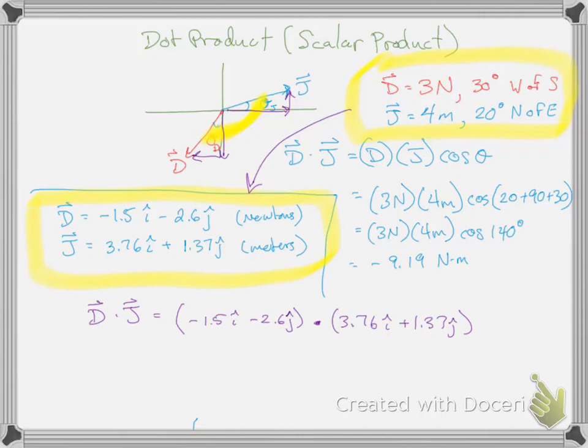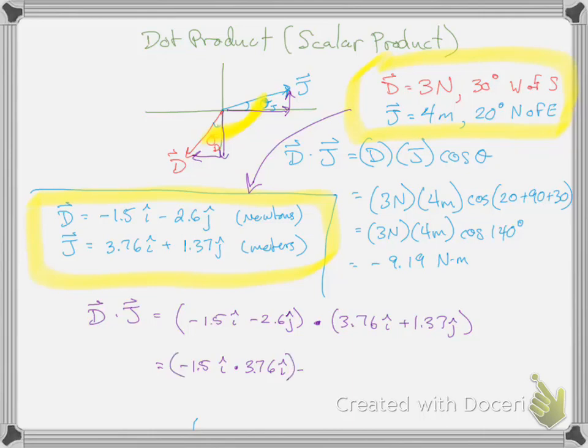And when we multiply two things like this, we have to do the FOIL method: first, outside, inside, last. So just like any multiplication, you have minus 1.5i dotted with 3.76i, first, so that's the first term,